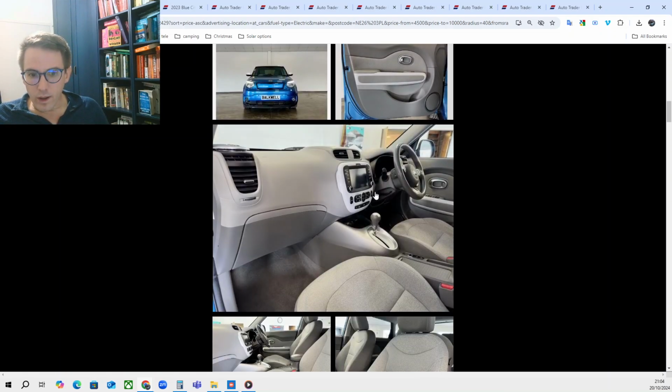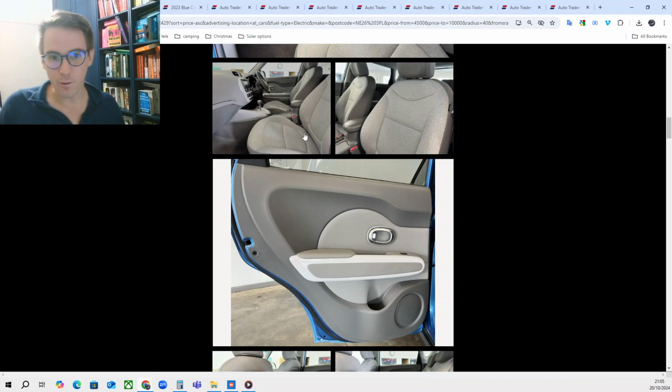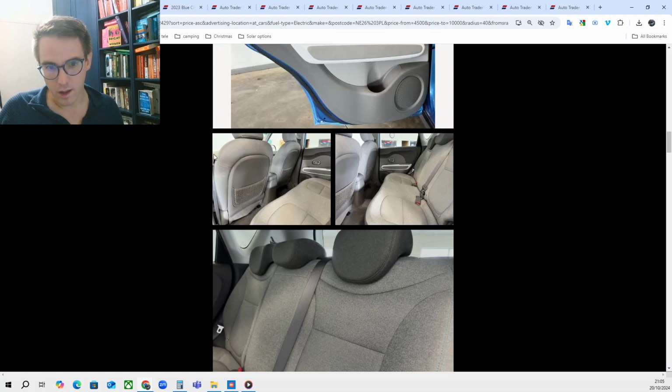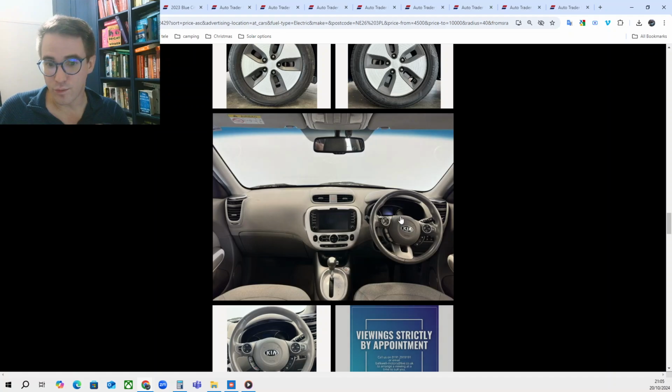But these are quite nice, of its time, little tiny screens, all this sort of thing. There's a gear lever. What on earth is one of those? But presumably you put it in reverse and forward. Interior looks quite good. The first episode we had a Nissan Leaf with black mould all over it, over a white interior, but this looks in very good nick. Look at the back of these seats. My kids have ruined these bits, but these have either been replaced or the owner has taken very good care of them. So this is a pretty good